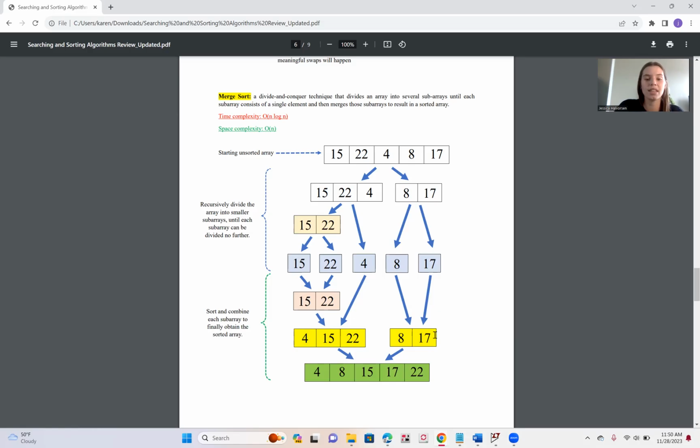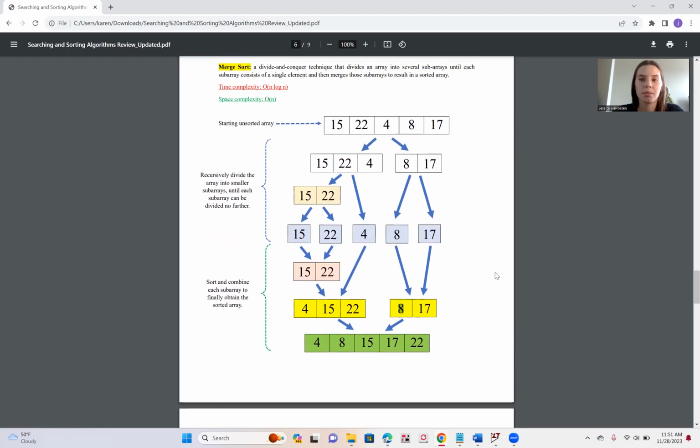So then you're going to look at these two arrays, and you're going to have to take elements from this one and put it in here, and then 17 and put it in here, put everything in the right order, and then you have your sorted array. So like I said at the beginning, divide and conquer, get everything to its smallest piece, and then gradually put everything back together. And so I'm going to show you code for this one too,